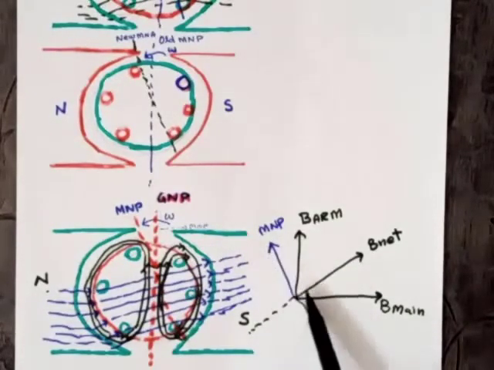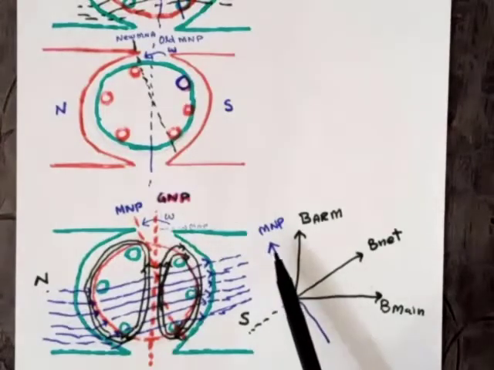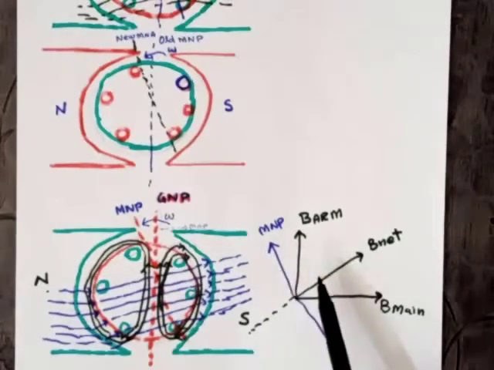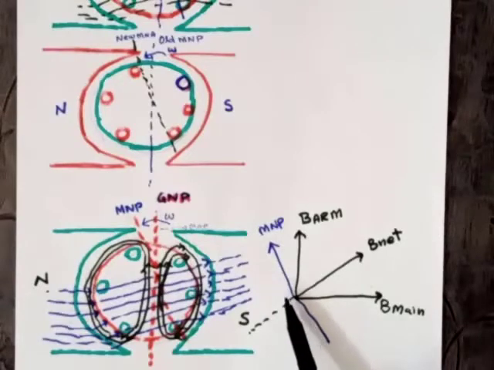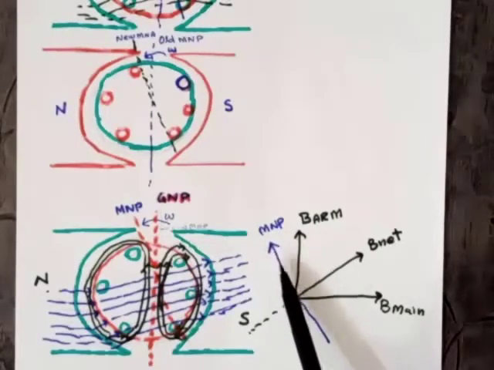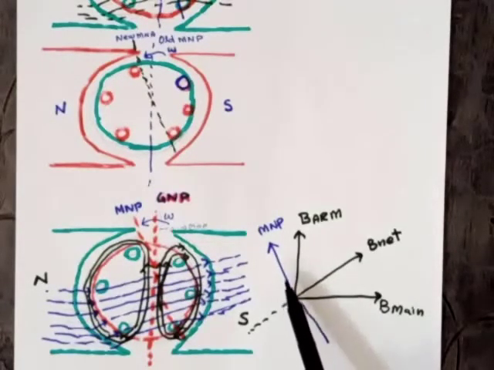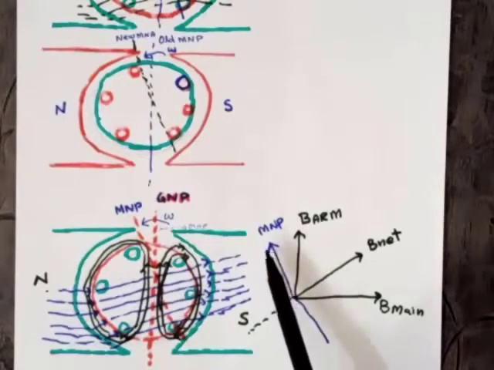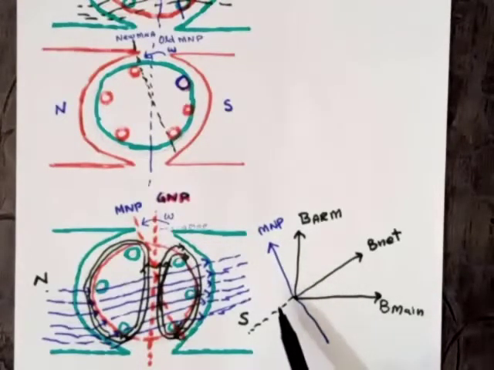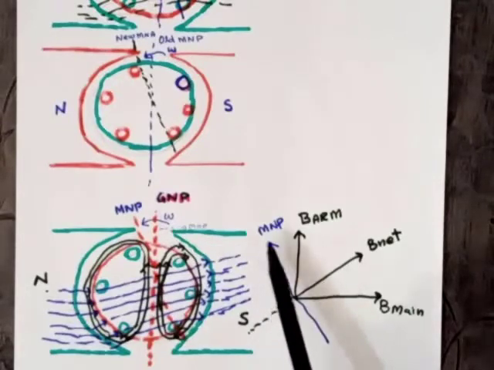The magnetic neutral plane is that plane in which the direction of the conductor's motion and the resulting magnetic field are both parallel. Now, as you can see in this figure, this will be the magnetic neutral plane, and at that point the direction of rotation of the conductor and the direction of the magnetic field will both be parallel. That's why at that point the induced voltage will be 0. So this will be the new magnetic neutral plane.